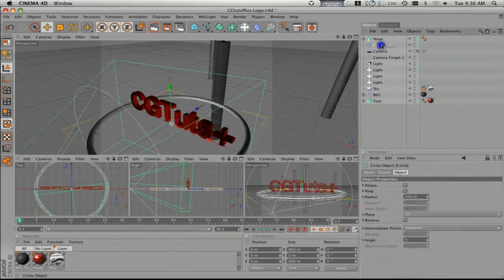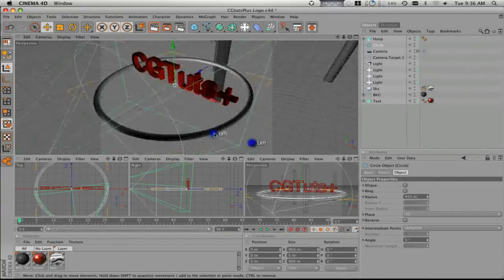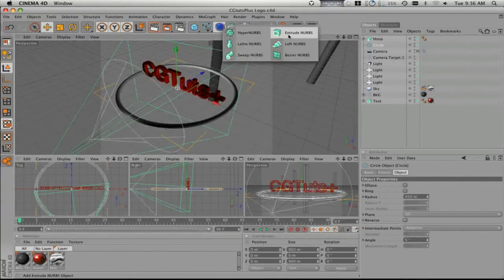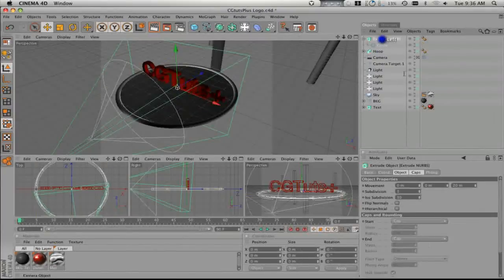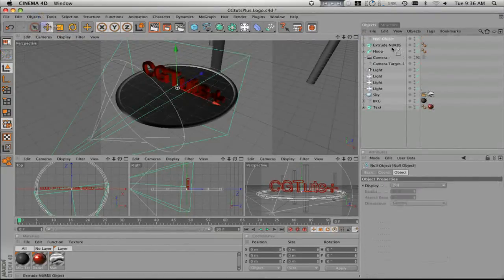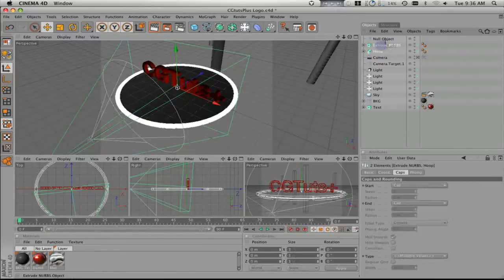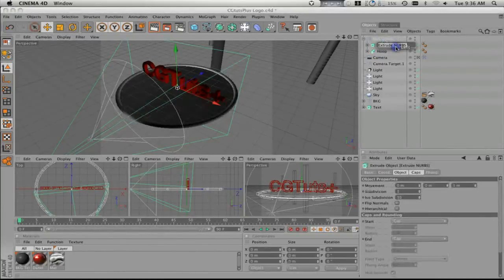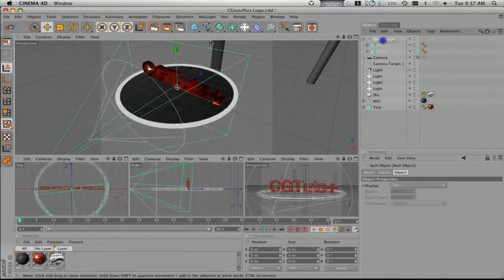Now we're going to take this circle, which is the same radius and diameter and circumference as our big hoopy thing here, and we're going to apply an extrude nurb to that. And we're going to bring the depth down to 1. Just a flat disk. Now we're going to bring in our null object, and we're going to copy both of these in here. We're going to rename the extrude nurb object matte, M-A-T-T-E, and then we're going to parent this